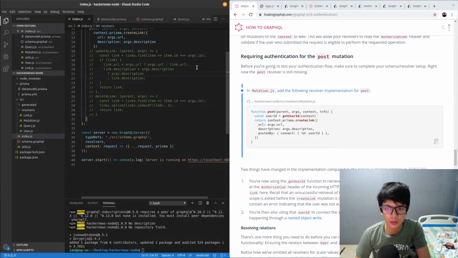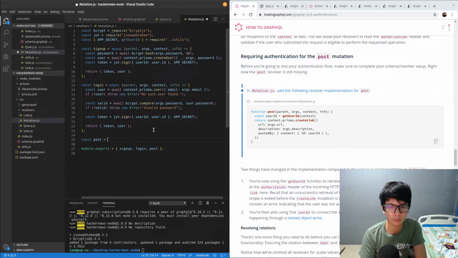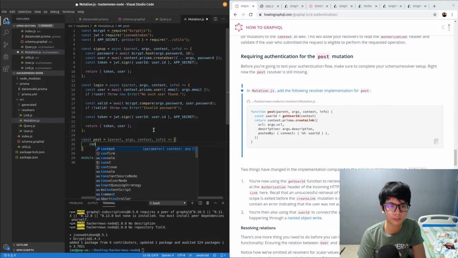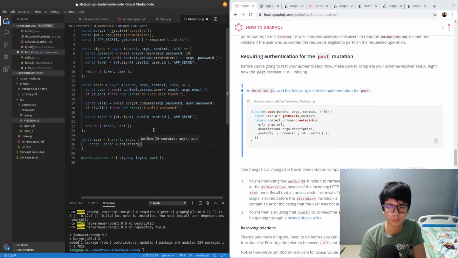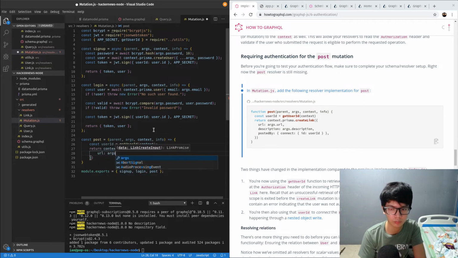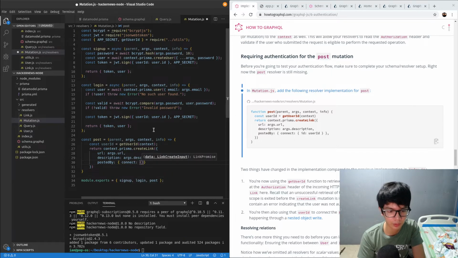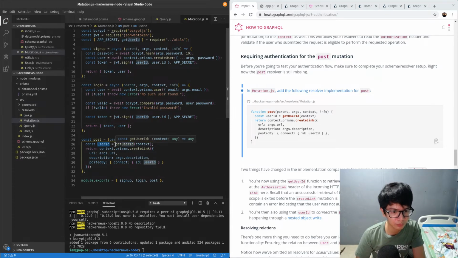Schema resolver setup. Right now, post is still missing. Yeah, it's still missing. This one is an async. Posted by connect, ID user ID. What if I just